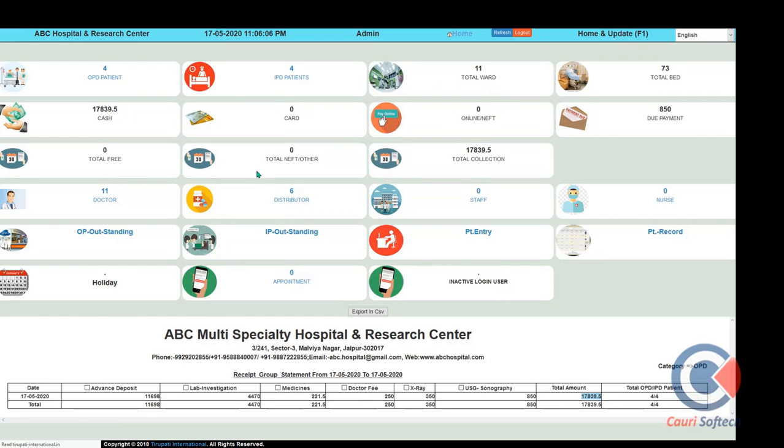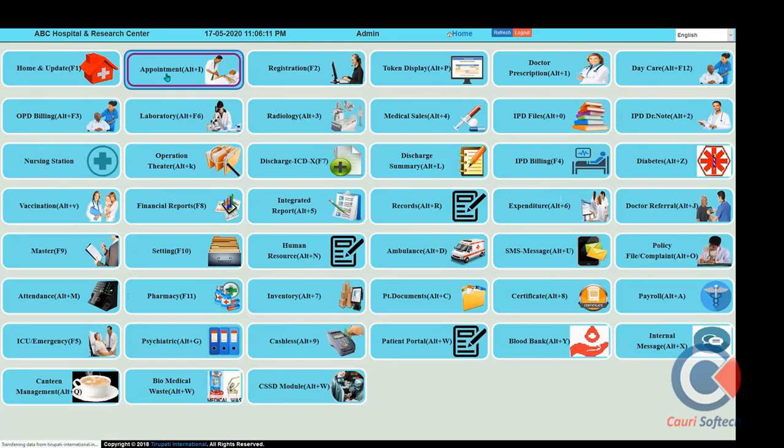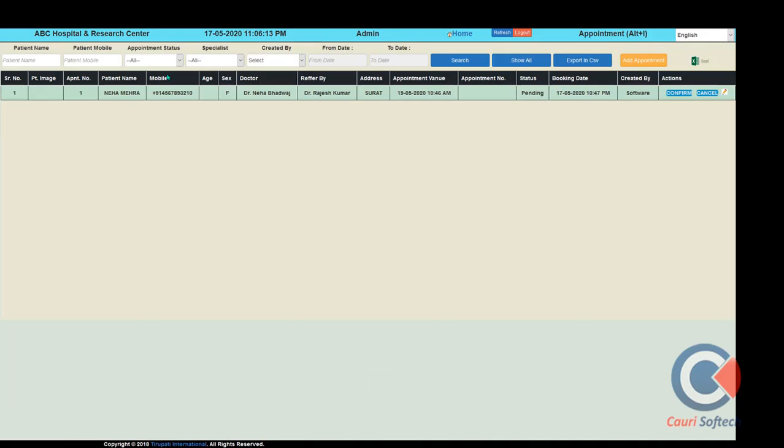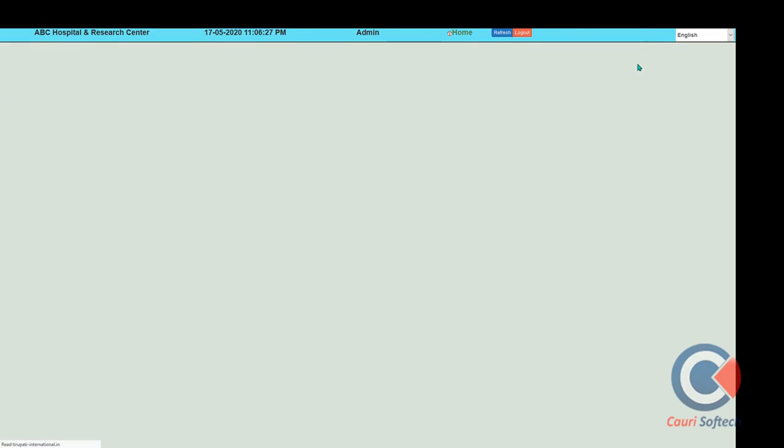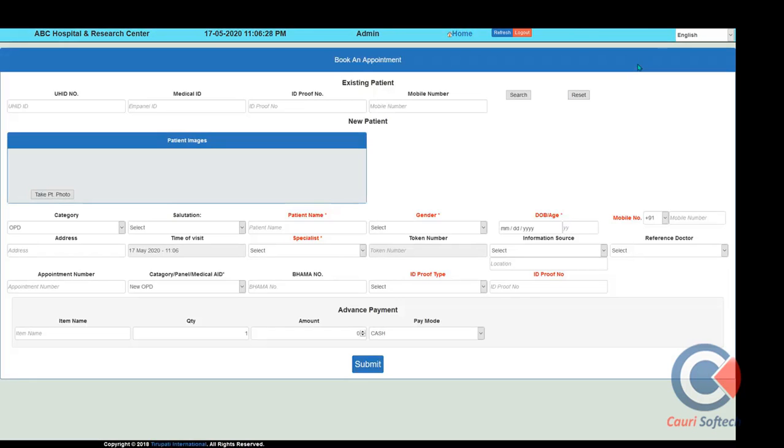The next module is the appointment system, in which you can get the current date's patient appointment listing and any previous due appointment listing. You can get the patient record from previously completed doctor-wise appointments, pending and completed, website related appointments or direct telephonic inquiry related appointments. If you want to create an appointment, you can create a new appointment entry from here. The facility is also given online through the patient portal or website portal. There the patient can book an appointment, that appointment will come to the software, and you can create a patient appointment here.